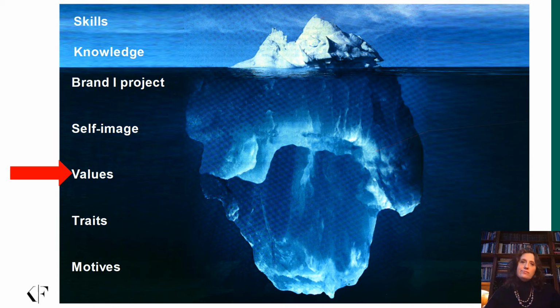As we go deeper, we get into traits. Traits are the relatively enduring characteristics of a person. It can be either cognitive or psychosocial, for example, being a good listener or being able to recognize patterns across seemingly unrelated elements. They can also be physical, like having stamina or high energy. It might take us a while to learn what someone else's traits are. These are characteristics that are fairly stable and therefore harder to develop.